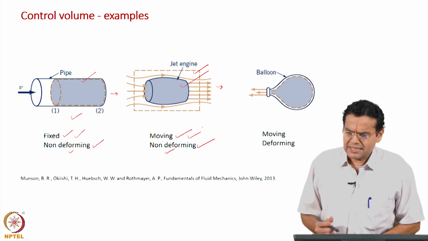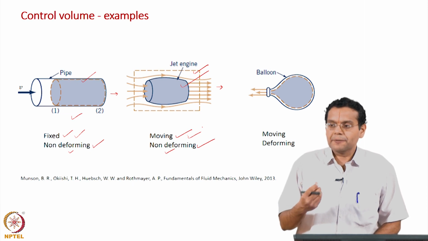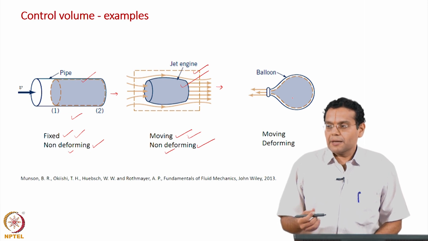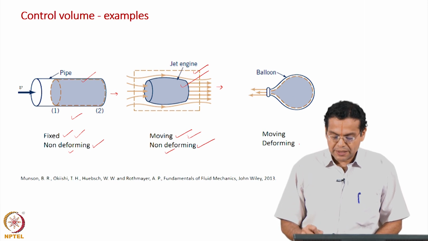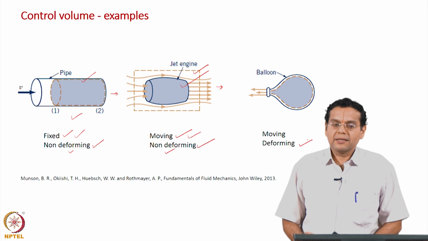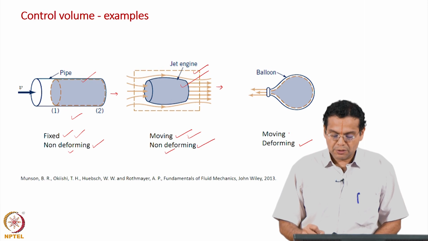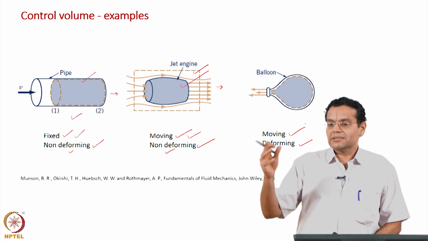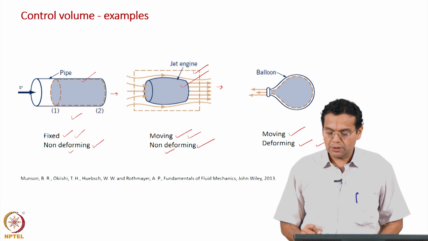Let us take the more general case. The example shown here is a balloon, a deflating balloon, which means that the air inside is escaping. Because air escapes, the surface of the balloon cannot be rigid, it will start collapsing, and that is why it is a deforming control volume. And if the balloon is deflating, it will go here and there, which means that the balloon also moves. You have a balloon completely filled, you just start releasing air, it will move here and there, and the surface will also start collapsing. That is why it is a deforming control volume, and it also moves.